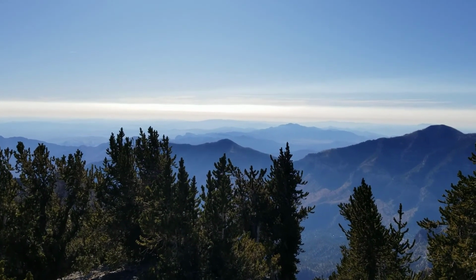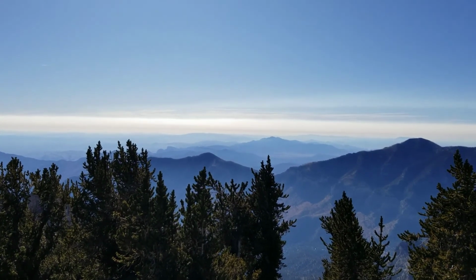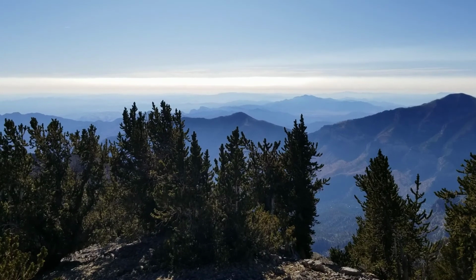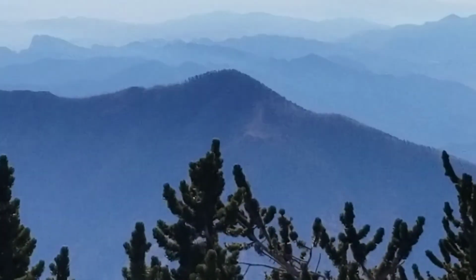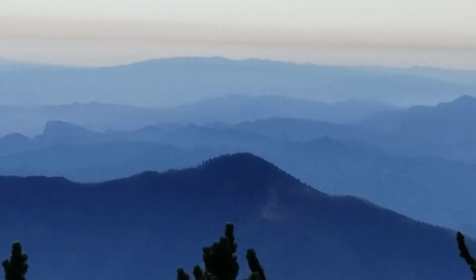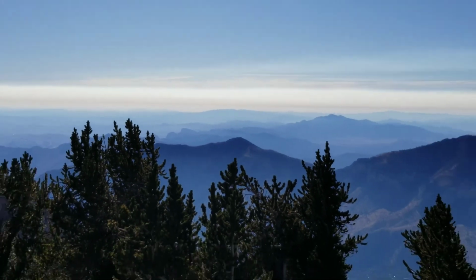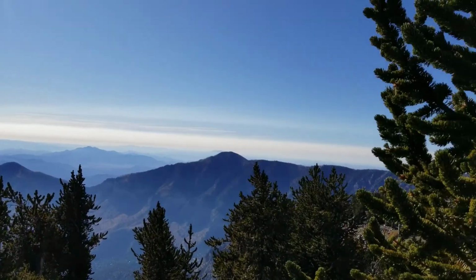I was giving 2.5 hours per each peak, and it took 4 hours to get from Fletcher Peak up to Mummy Mountain. And by the way, I'm focusing here because here's another mountain that we've looked at and summited. It is Harris Mountain. So there you have it. One of these days I'll do all 6, but not today,